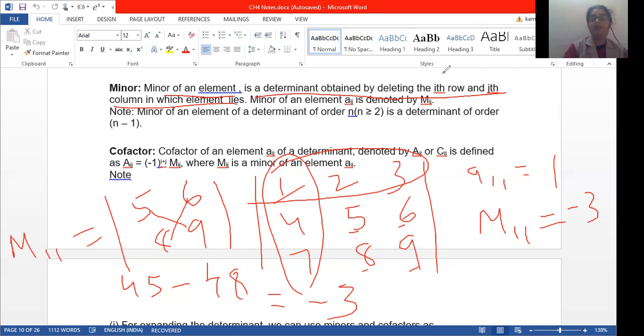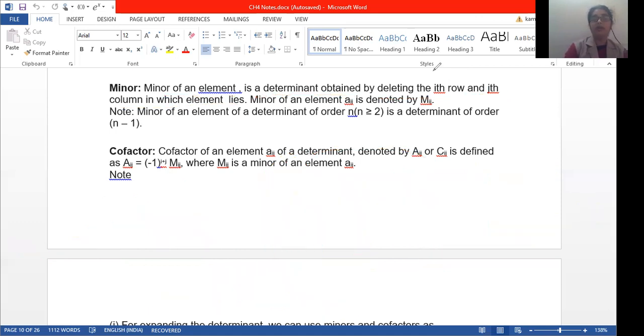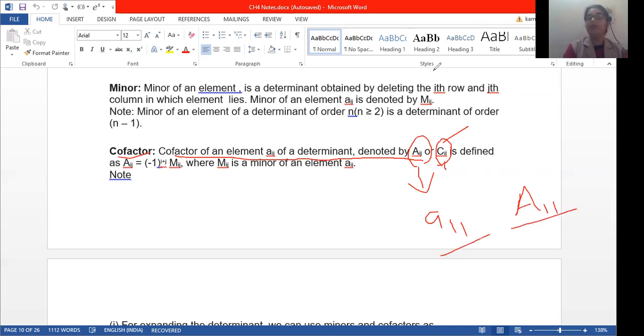Clear? Now, what is cofactor? Cofactor of an element of a determinant is denoted by either Aij or Cij. We generally denote it by Cij. It is not incorrect if you denote it by Aij also. Why do we do it? Because we generally denote elements by small a11 and then cofactor by capital A11, then there will be confusion when you speak it. We cannot say it aloud: capital A11 is cofactor, small a11 is element. That's why we take it as C11. And by the name itself, C stands for cofactor. It becomes very easy.